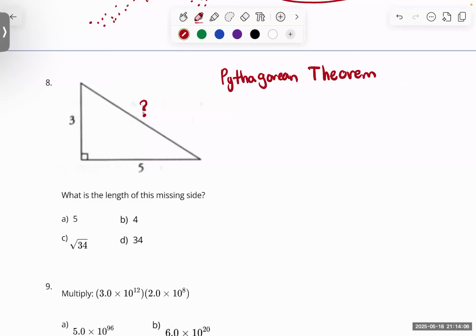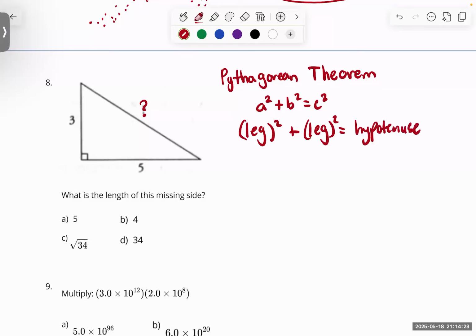But the Pythagorean theorem is this: a squared plus b squared equals c squared, or otherwise known as the leg of a triangle squared plus the other leg of the triangle squared equals something called the hypotenuse squared. It's kind of a fancy word. So what is a hypotenuse? The hypotenuse, all it is, it's the longest side of the triangle. So the hypotenuse, the longest side, is this